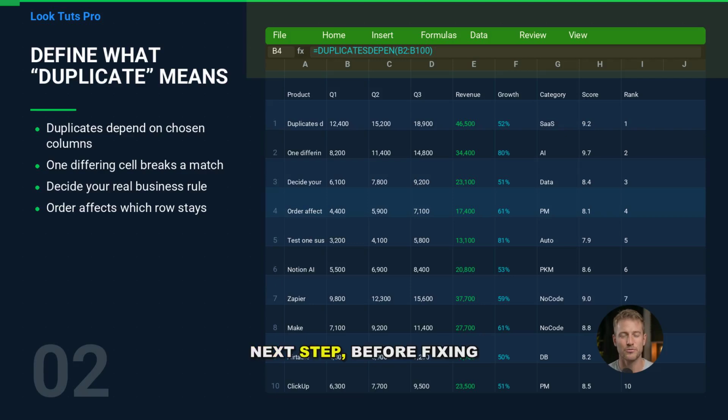Next step. Before fixing anything, do one quick sanity check. What exactly counts as a duplicate in your case? Excel only removes rows that match across the columns you choose in the dialog. If you select just email, then 2 rows with the same email are duplicates, even if names differ. If you select email and date, then both must match to be considered duplicates. This is the #1 reason people think Remove Duplicates is broken, because the selection doesn't match the business rule in